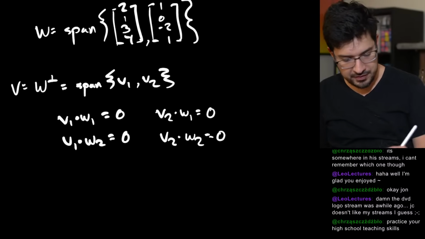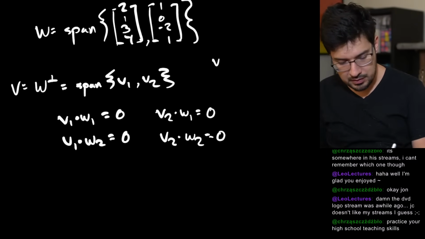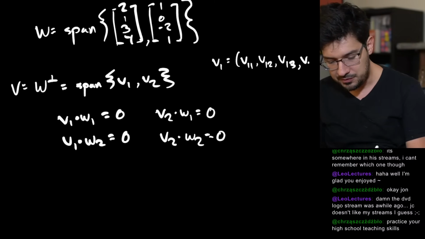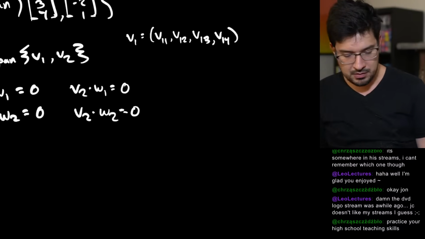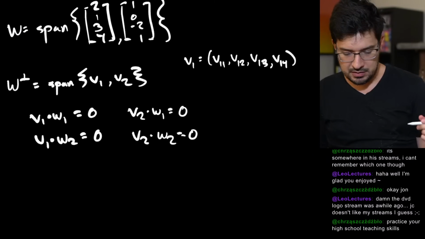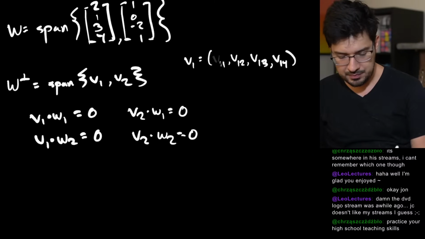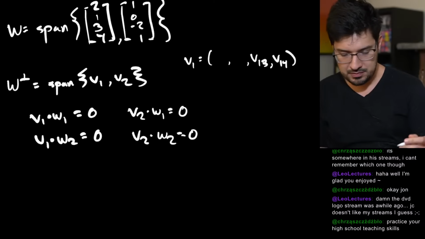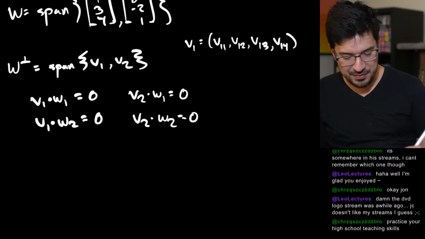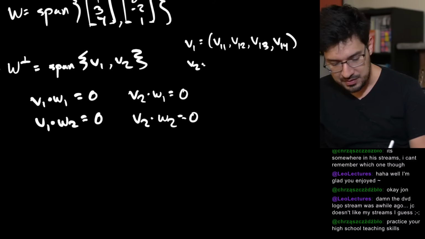So if V1 is, this might be slightly cursed, V11, V12, V13, V14, or A1, B1, C1, D1? Maybe. I'm going to go with this notation. If V1 is that and V2 is similar,